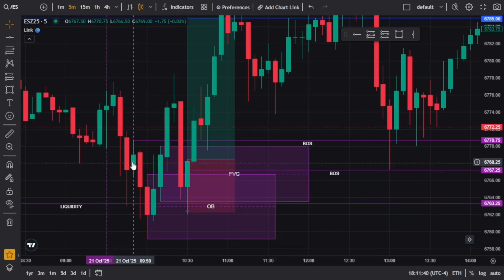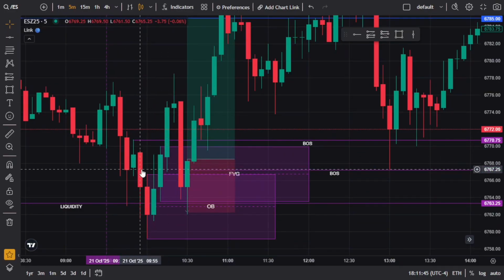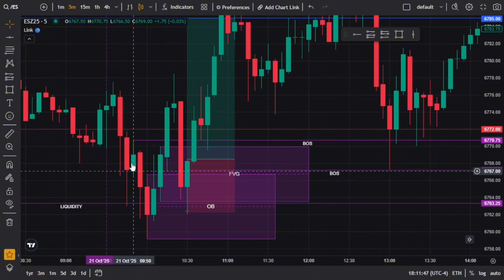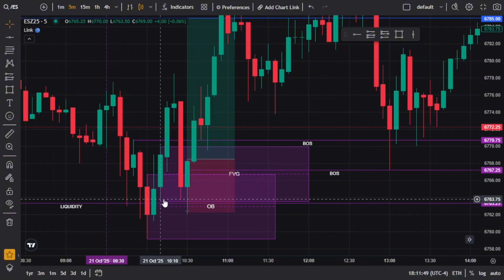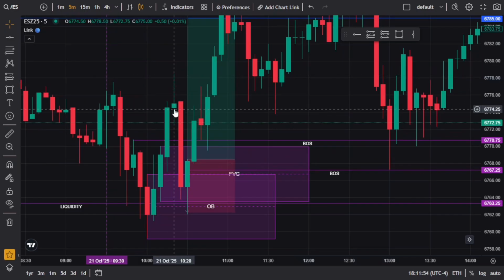A breaker structure is a candle closure above a previous high. So this is our previous high. A high is a move up, then a move down. A low is a move down, then a move up. And we're going to mark out the highest wick of these two. What is a wick? It's the thing above or below a candle. That's why it's called a candlestick.